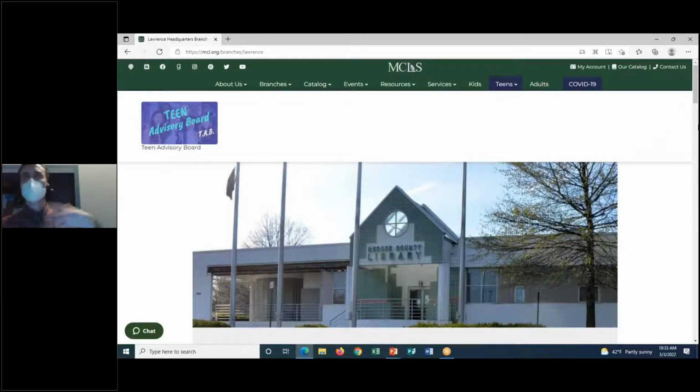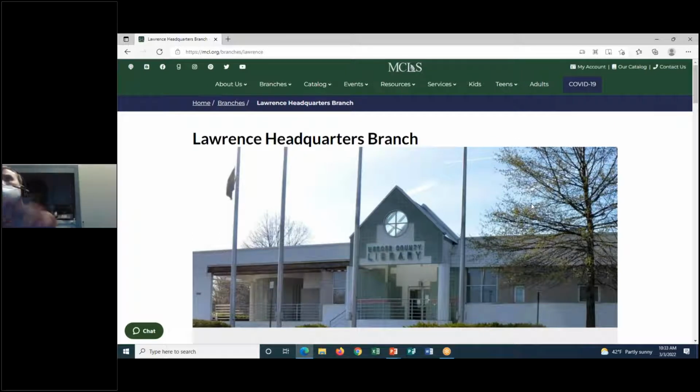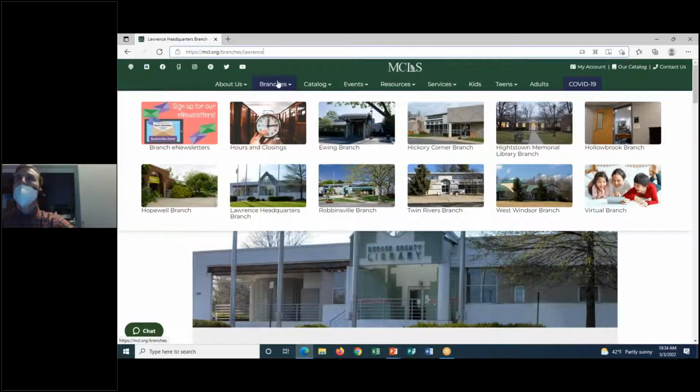All right, so again, this is just an example of a link that takes us to another page on the same website. And I know it's on the same website because it has the same website name, mcl.org. Then we just have an extension. And I would have known that ahead of time anyway because of the preview down below where it says